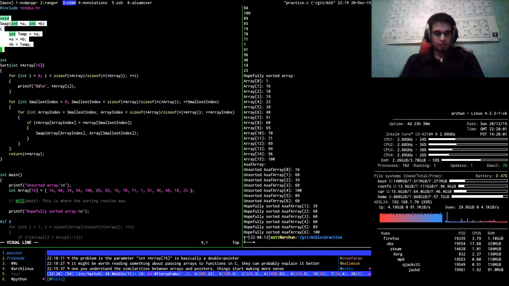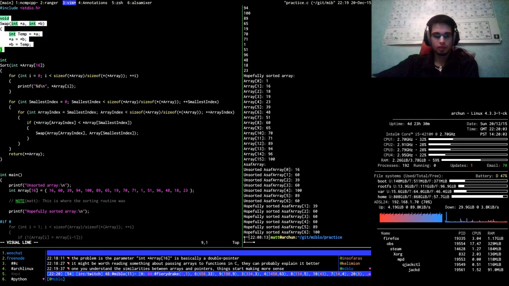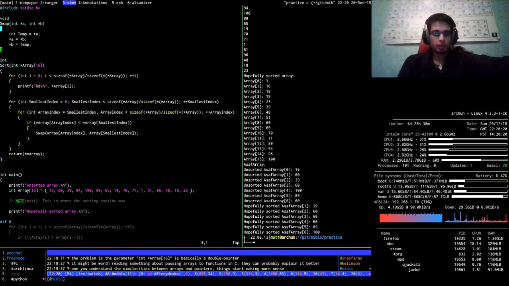Once you understand the similarities between arrays and pointers, things start making more sense. Okay. Alright, well, I think I'll call it a day there then, and read about this tomorrow, I think.